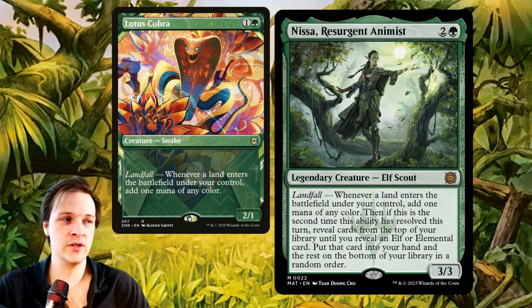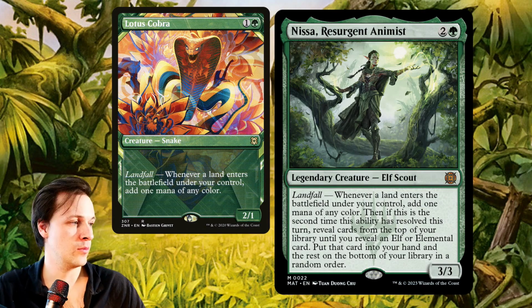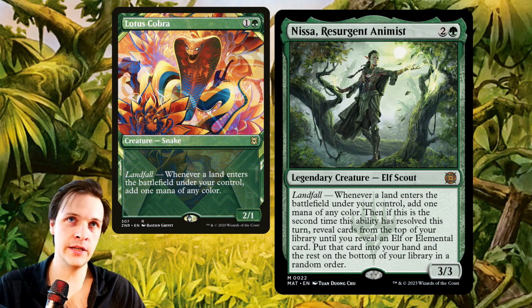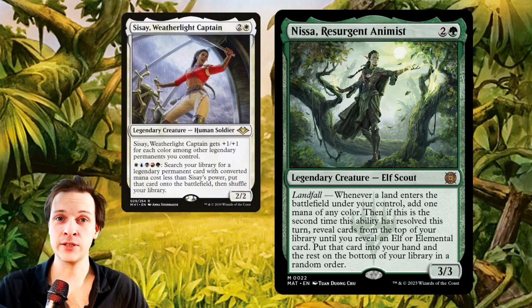Now Lotus Cobra is obviously way better, because Lotus Cobra is 2 mana instead of 3. Whenever a land enters the battlefield under your control, add 1 mana of any color. And Nissa is basically Lotus Cobra as a legendary 3 mana cost instead. But this also means that